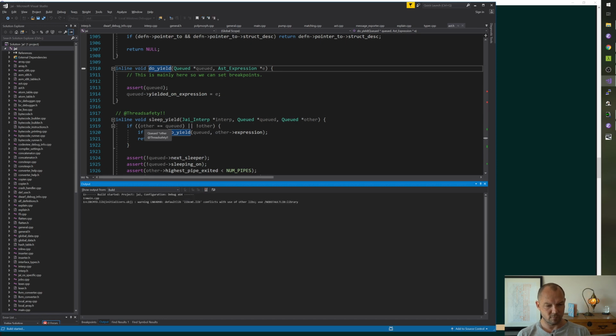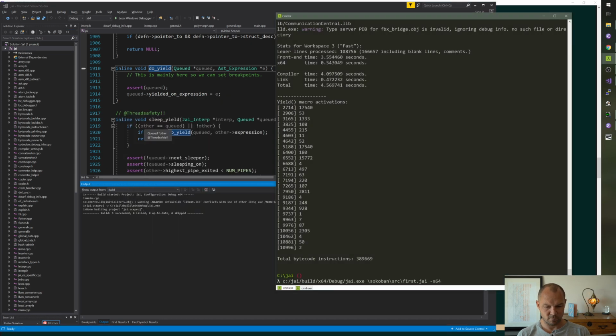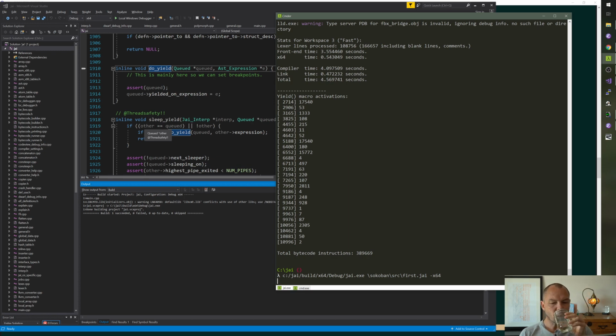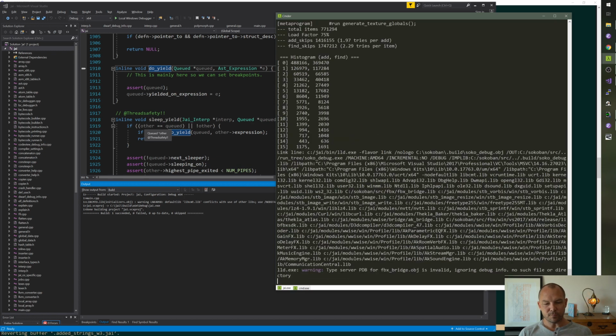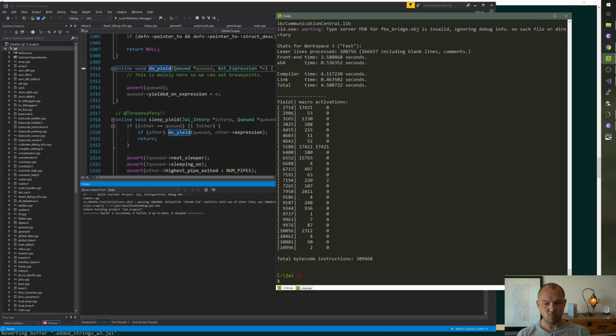All right. Okay. Wow. That was a useful experiment. I mean, maybe it doesn't quite mean what we think it means. But it sure looks like most of these only yield once, which is a little bit weird and surprising, honestly.